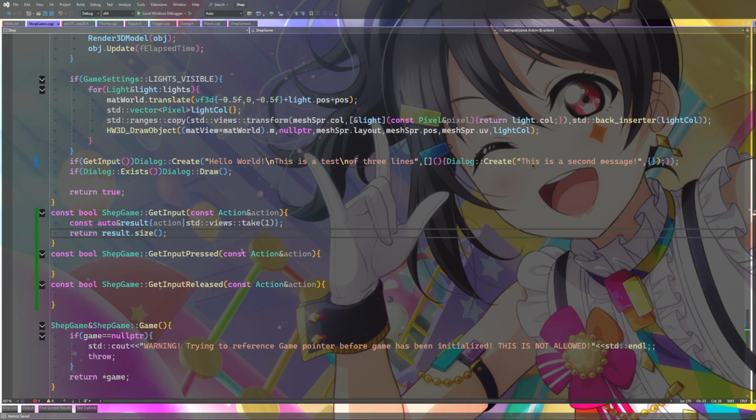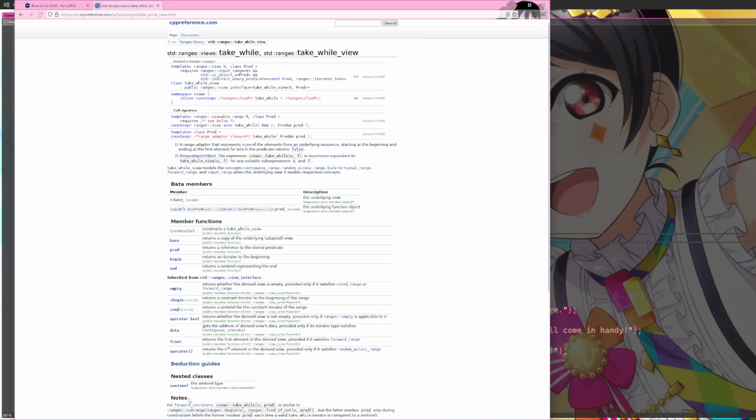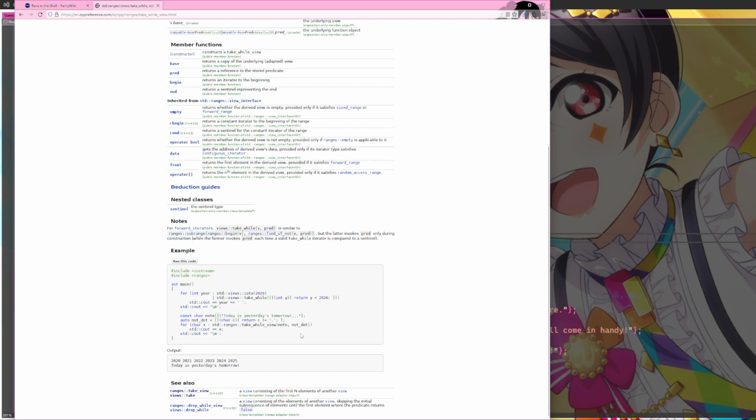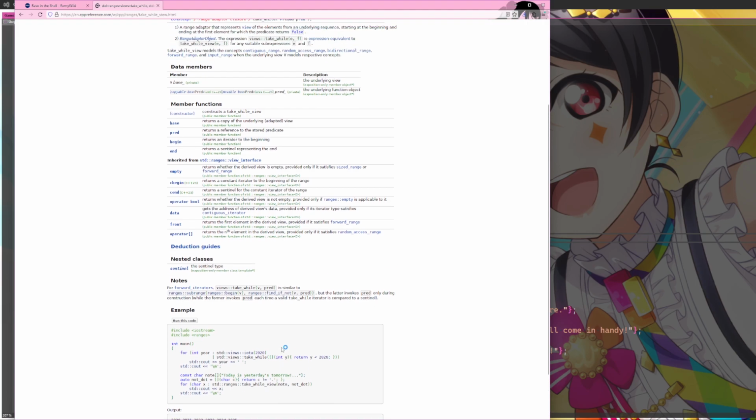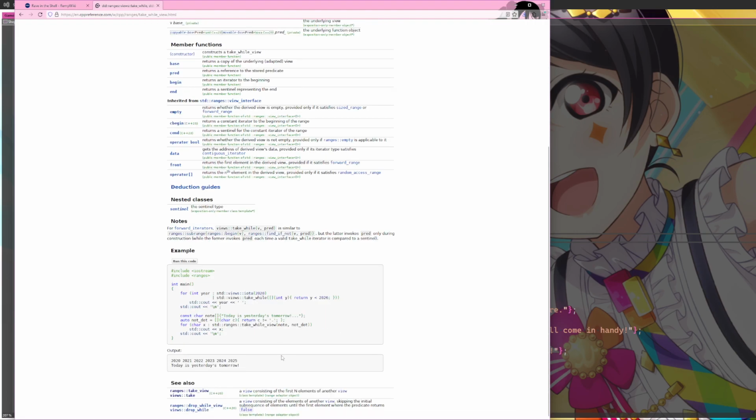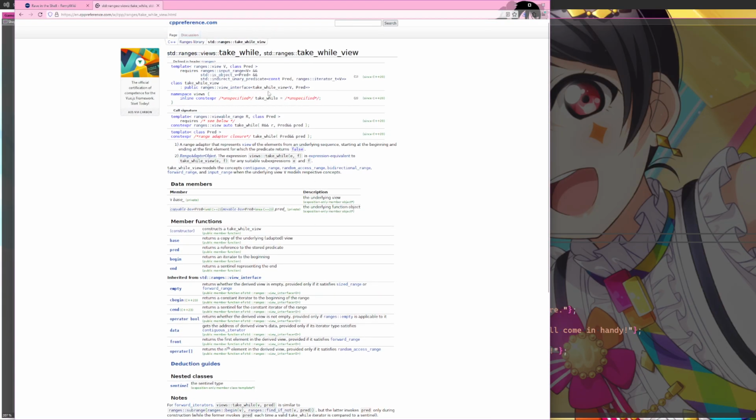We have to figure out if it's held. So we have to take while view, right? A take while view as in we have a condition to satisfy. Do we have a count?